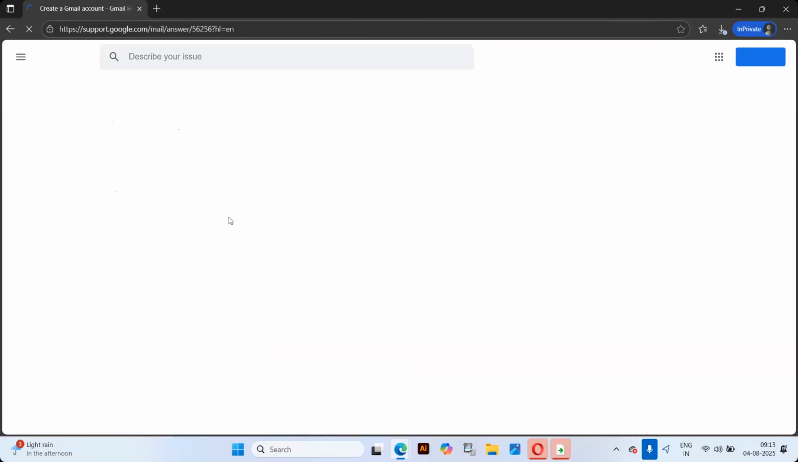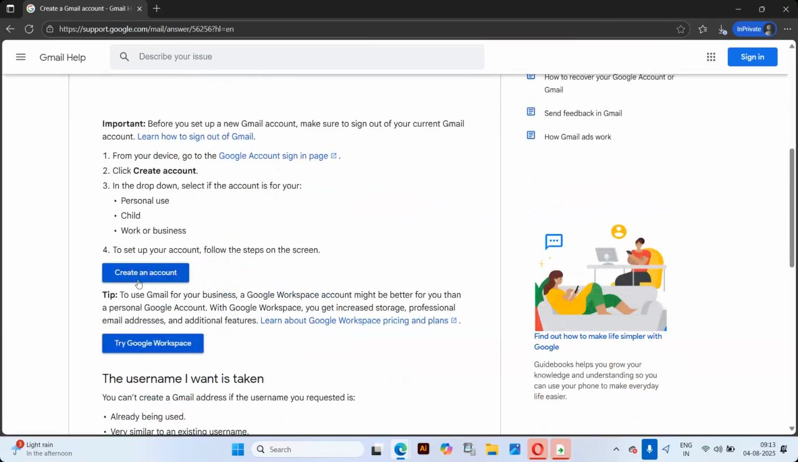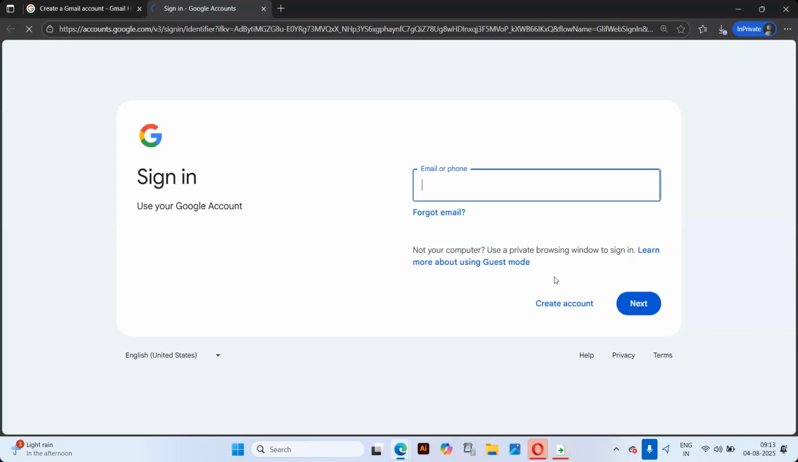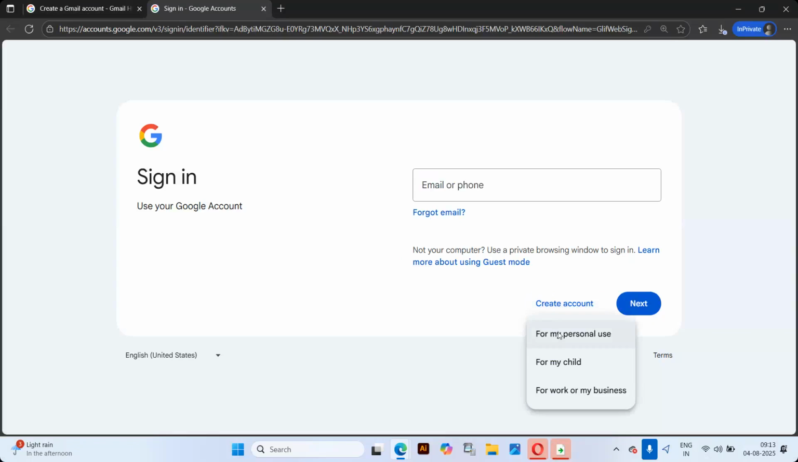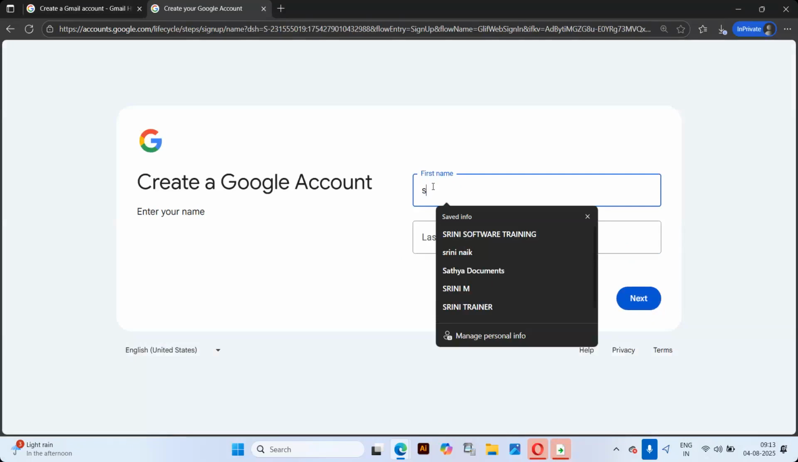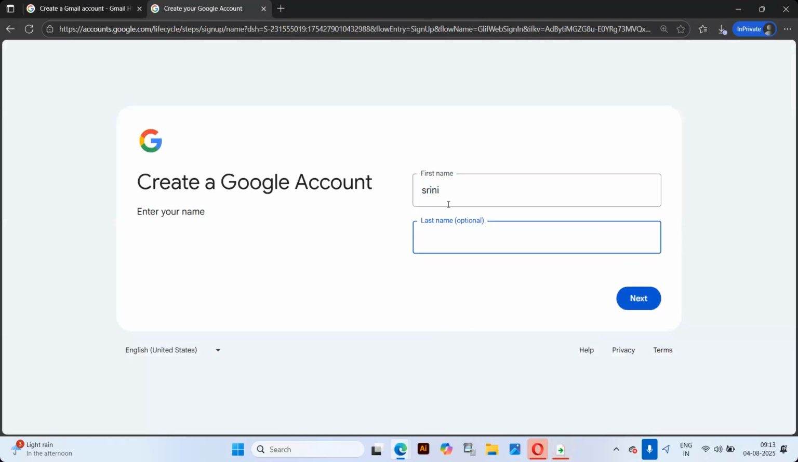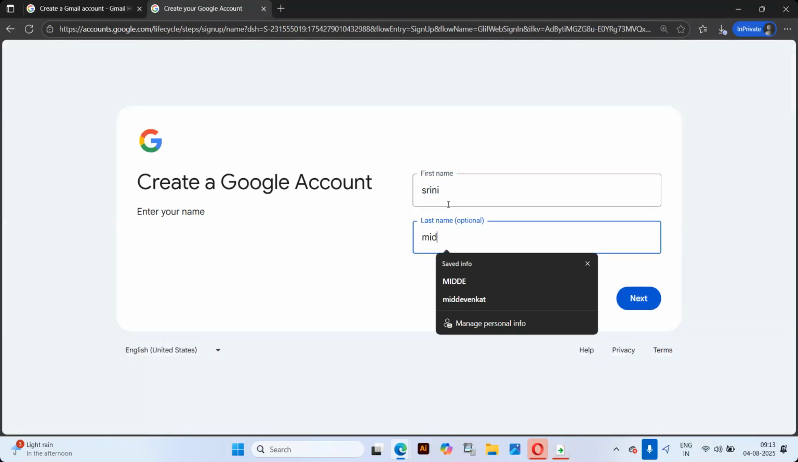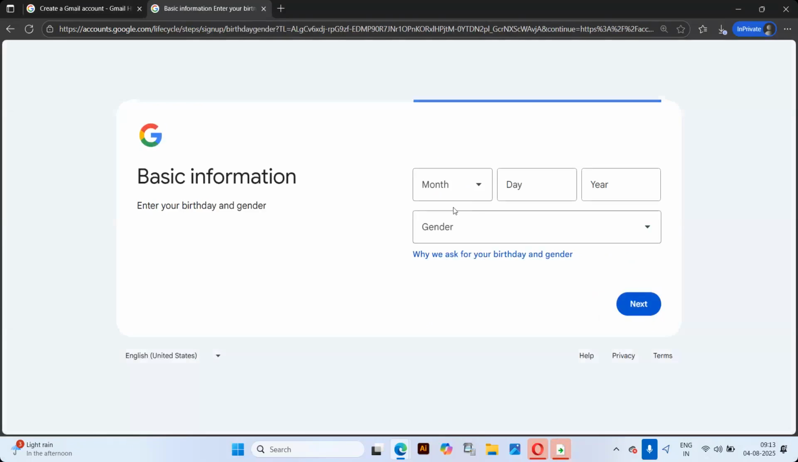I want to create a new mail ID where I just wanted to show you where the break statement is necessary, which was written already. I want to create a new mail ID for personal use, where Srini Vidya, where if I click next,